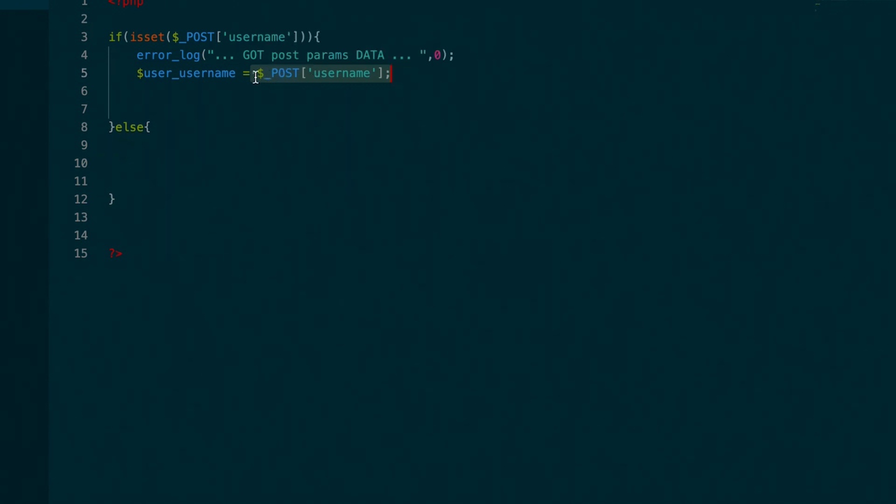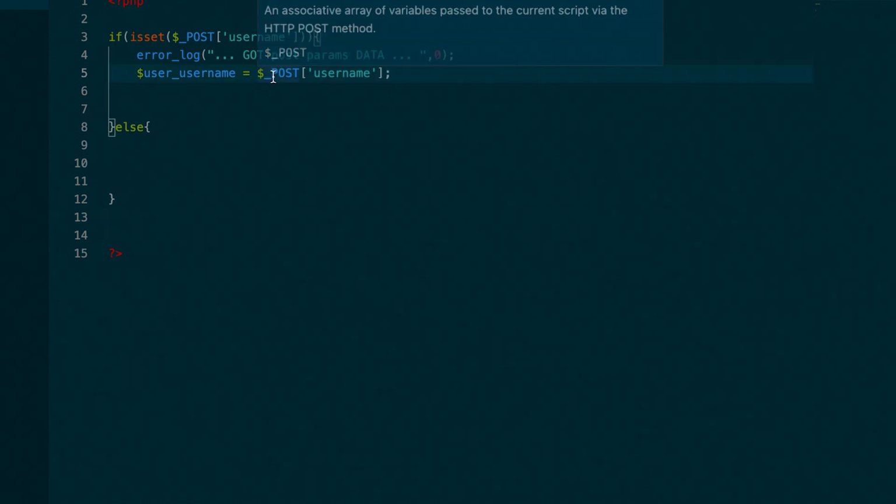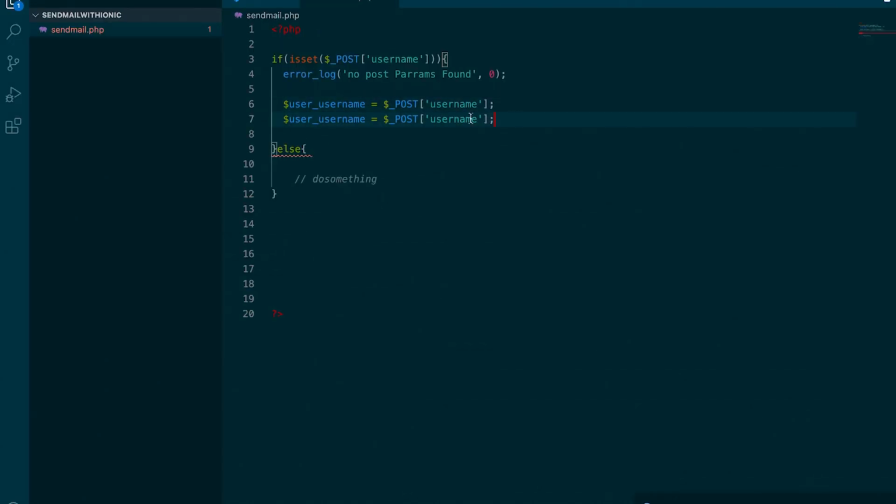The way we access requests in PHP, we start with $_ and then the request parameter, either GET or POST. For our case, we need a POST request. So we'll specify POST, then we pass in our data name. Copy this, duplicate this, and this will be